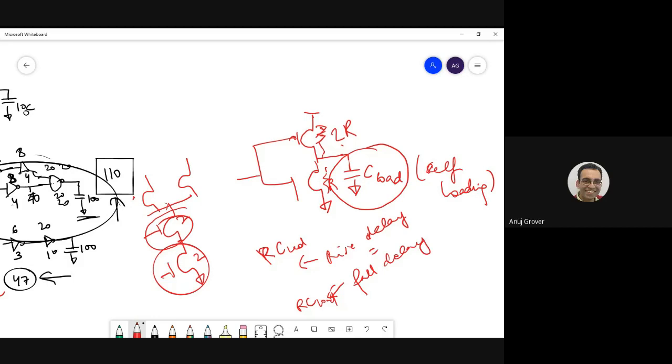Yes, sir. So we need some place to start. Look at it like this. As a designer, there is a problem statement in front of you: size this NAND gate. You want to start from somewhere. Where do you start from? You say, okay, let me try to make R equal. Finally, it will not be equal. Finally, you will do basic level tuning. You will see that I can make the lower transistor a little larger and the upper transistor a little smaller. This is called tapering. And then you will see that for both the inputs, the fall delays will become equal and so on.